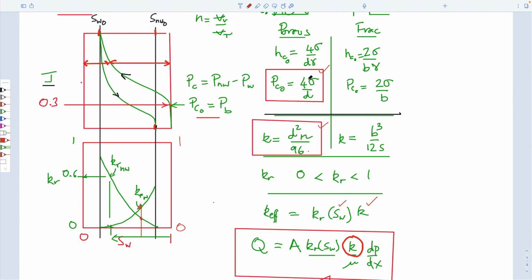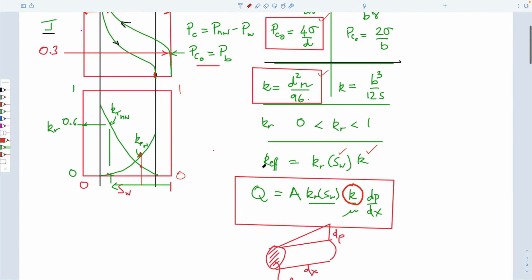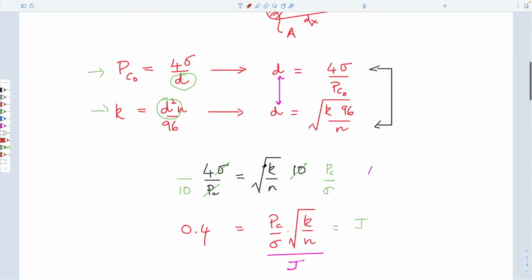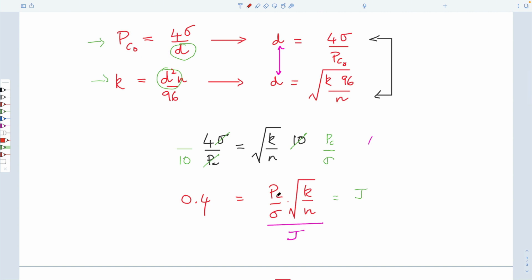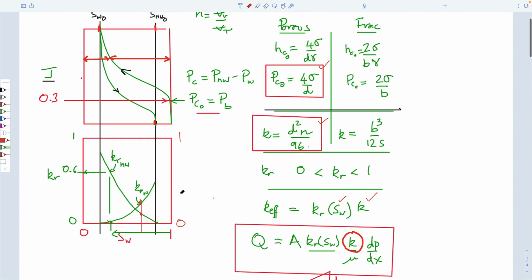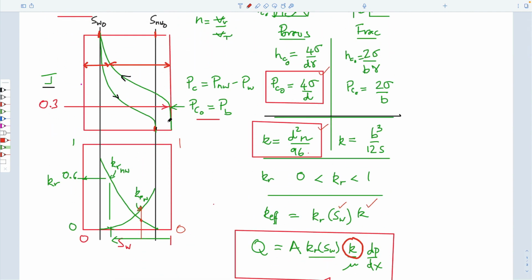We can have capillary relationships that describe both this bubbling pressure and the permeability. And so we can use those to say something about a relationship between bubbling pressures and permeabilities from those relations, which tells us why this 0.3 Leverett J function, 0.4, is the way it is right here. And so we've covered a fair bit of ground, and hopefully it should be rational as